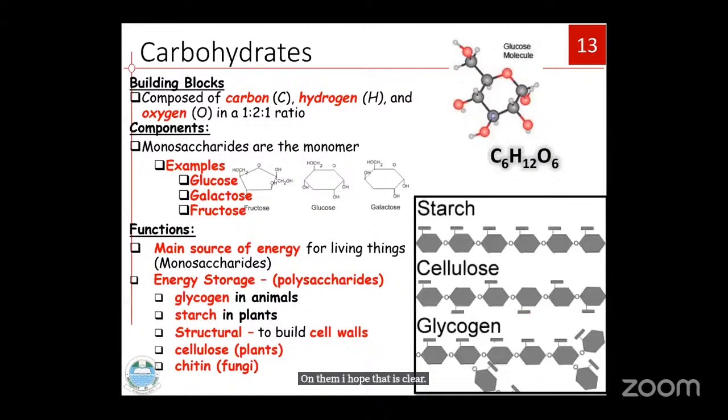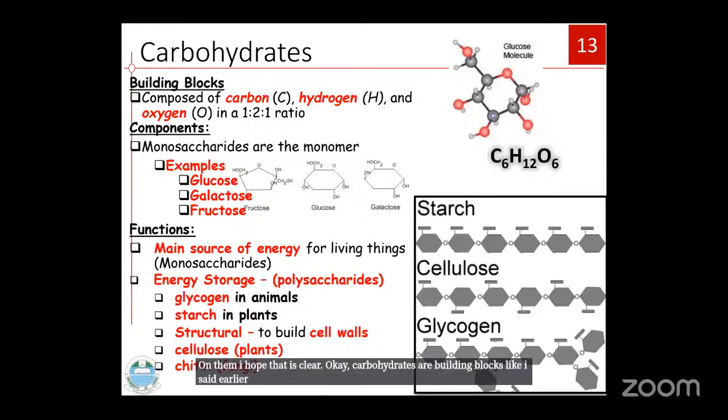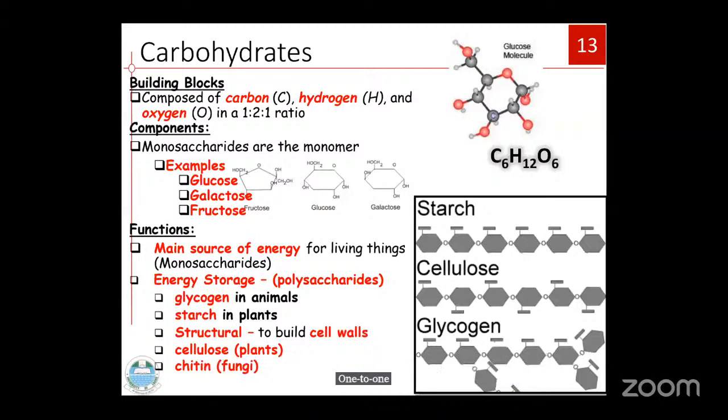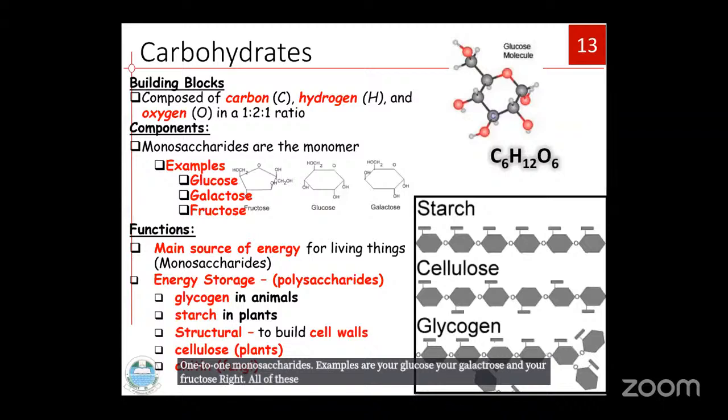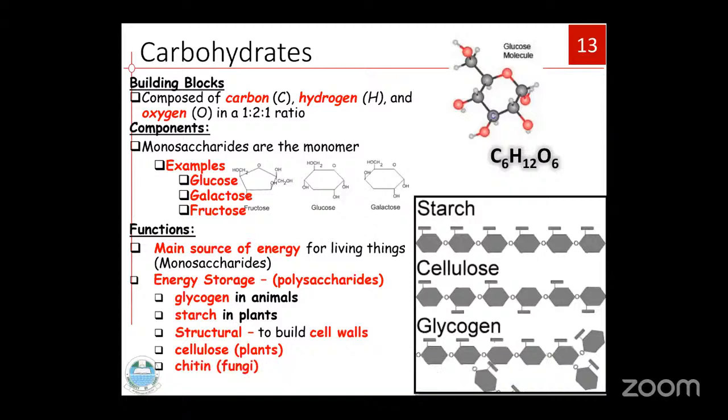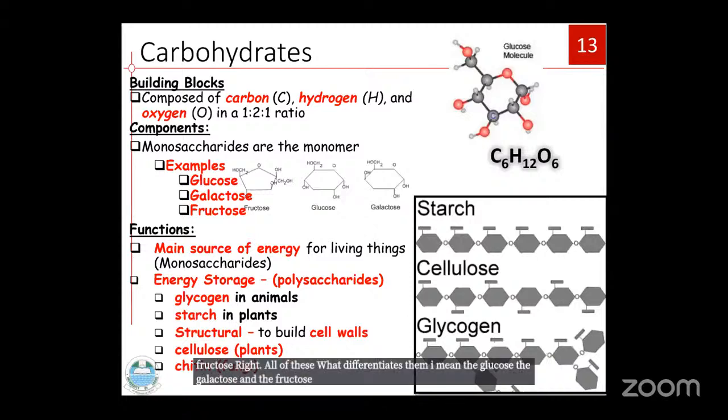Okay, carbohydrates are building blocks, like I said earlier. Carbon, hydrogen, and oxygen in the ratio 1:2:1. Examples of monosaccharides are glucose, galactose, and fructose, right? What differentiates them? You see, they are isomers that have different structural arrangements, but they are monosaccharides. The main function is the main source of energy, and they serve as energy storage in